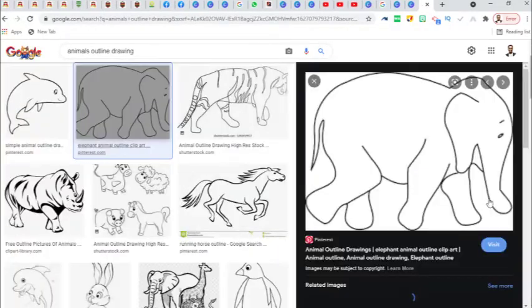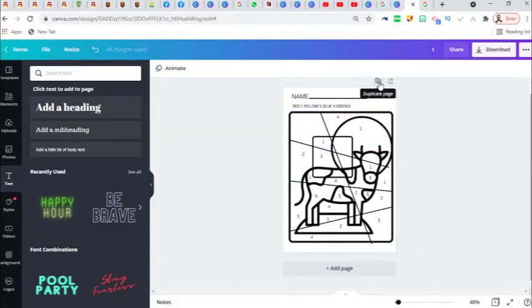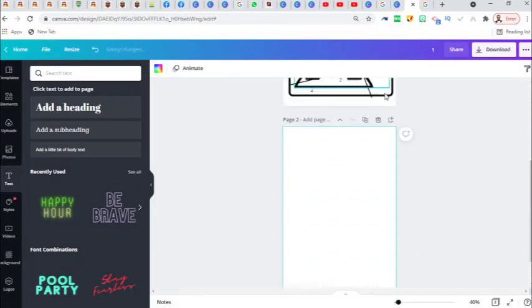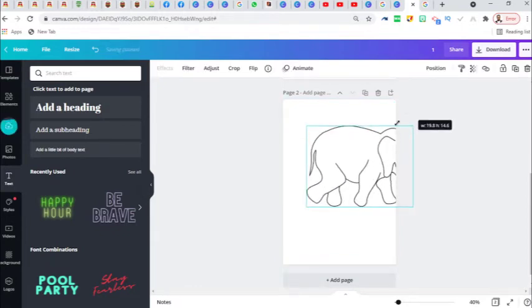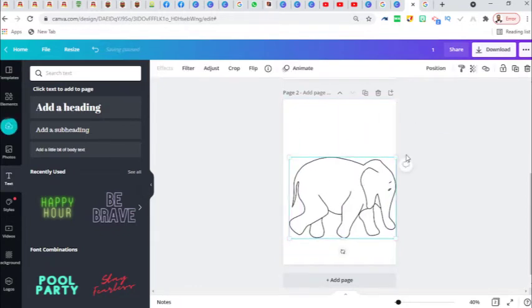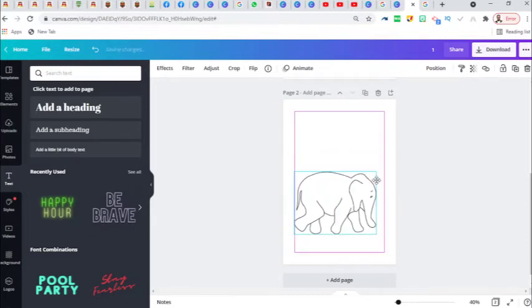If I take this for now, this elephant, I copy the elephant. Thank God, when you see something like this, it's called PNG. So it's very easy to use. So I click on another page. You can copy and paste direct. So this animal right now,